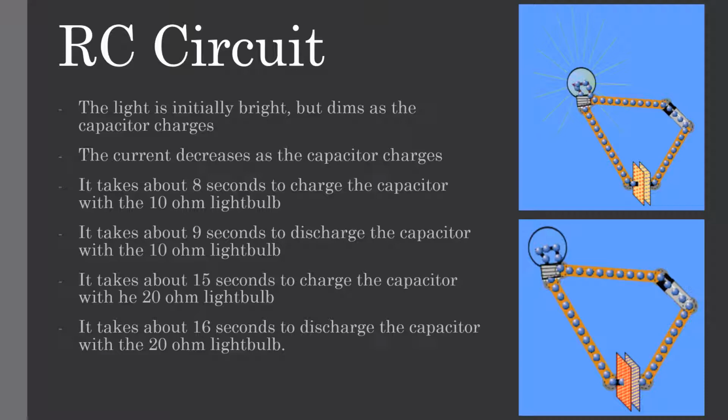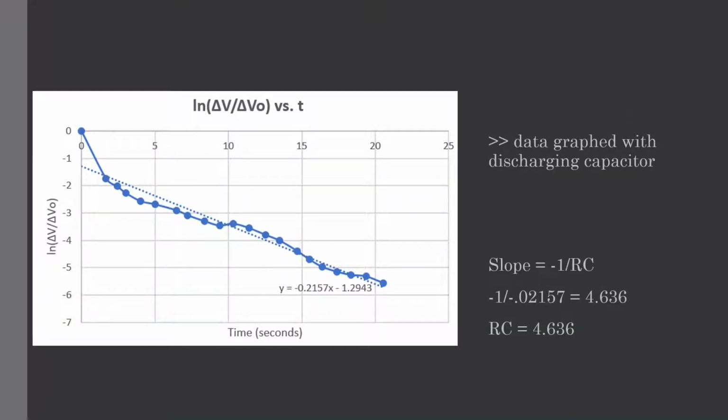When replacing the 10 ohm light bulb with a 20 ohm light bulb, while keeping the battery and capacitor the same, it takes about 15 seconds to charge the capacitor and about 16 seconds to discharge it using the 20 ohm light bulb. Here is a graph showing the relationship between the ln of delta V over V initial versus